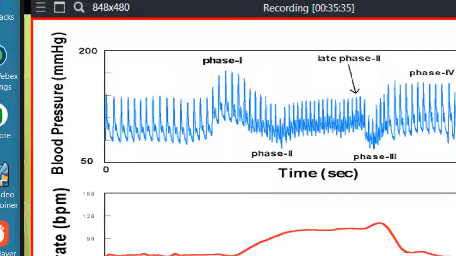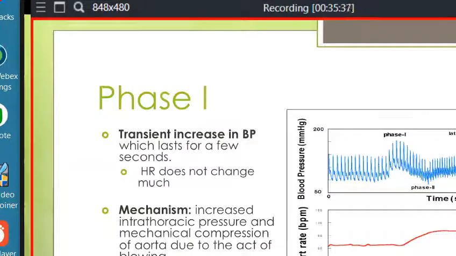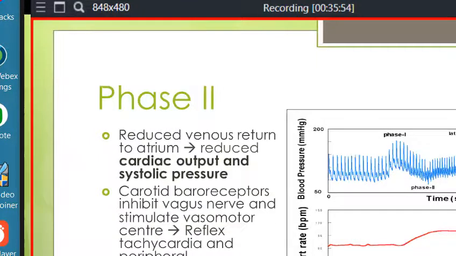Now we'll discuss each of these phases in a little more detail. Phase 1 is a phase with a transient increase in blood pressure, which lasts only for a few seconds. The heart rate doesn't change much. The mechanism, as I mentioned before, is an increased intrathoracic pressure and mechanical compression of the aorta due to the act of blowing. In phase 2, there's a reduced venous return to the atrium because of the reduced cardiac output